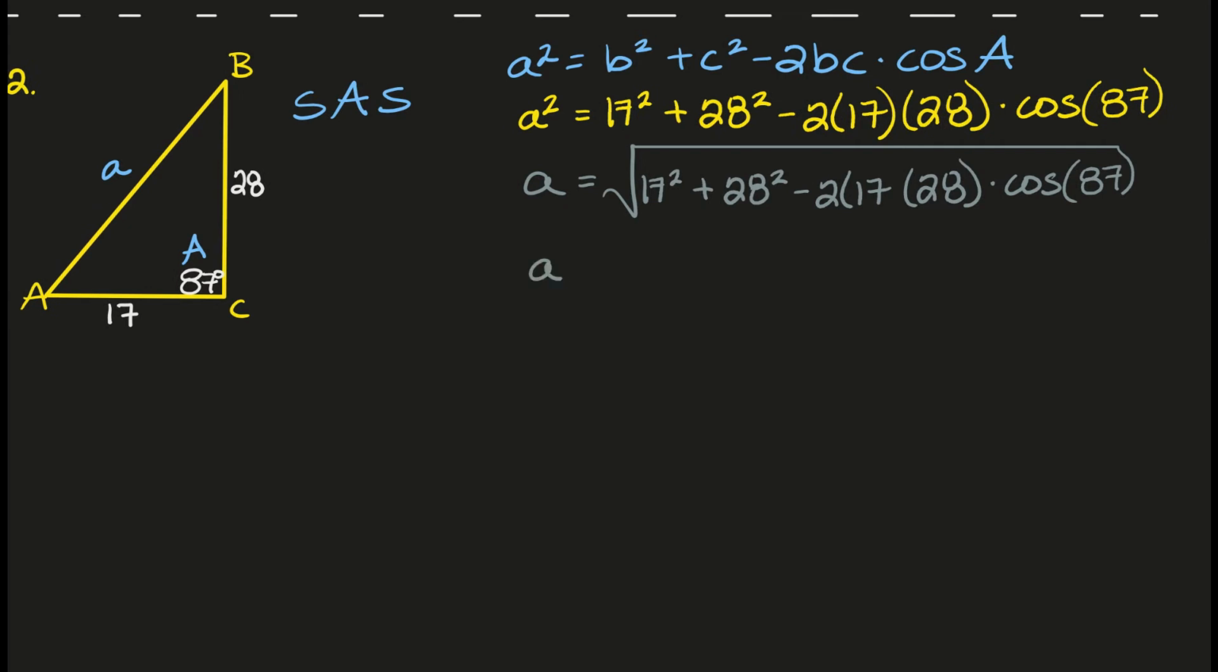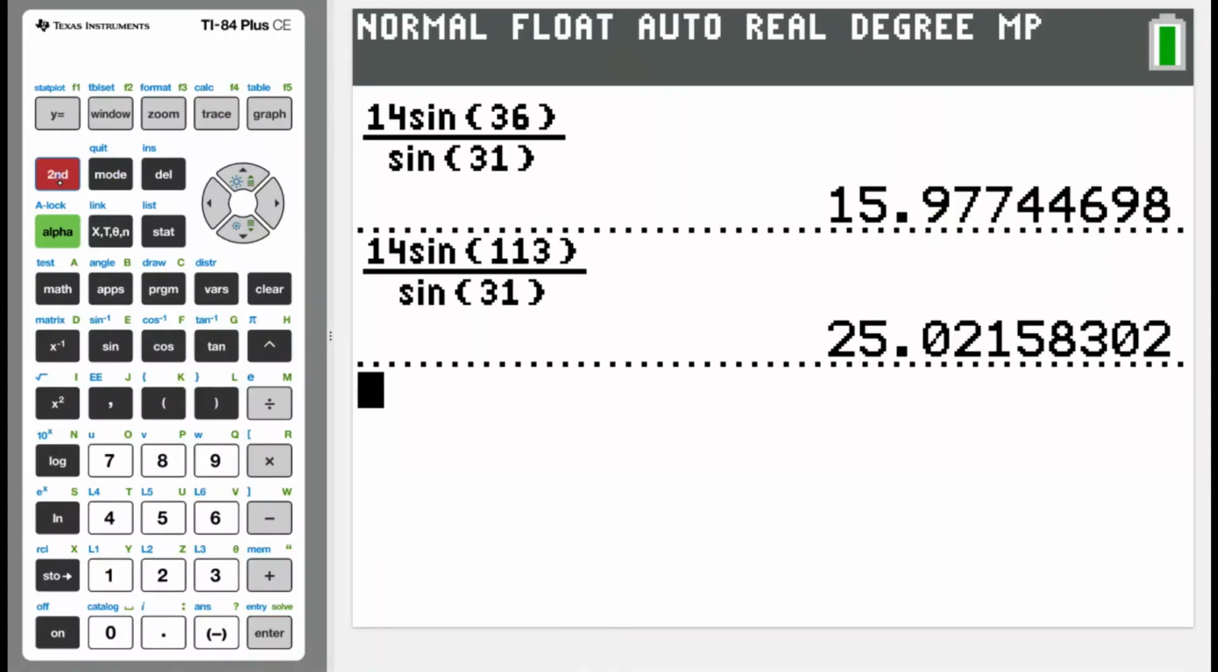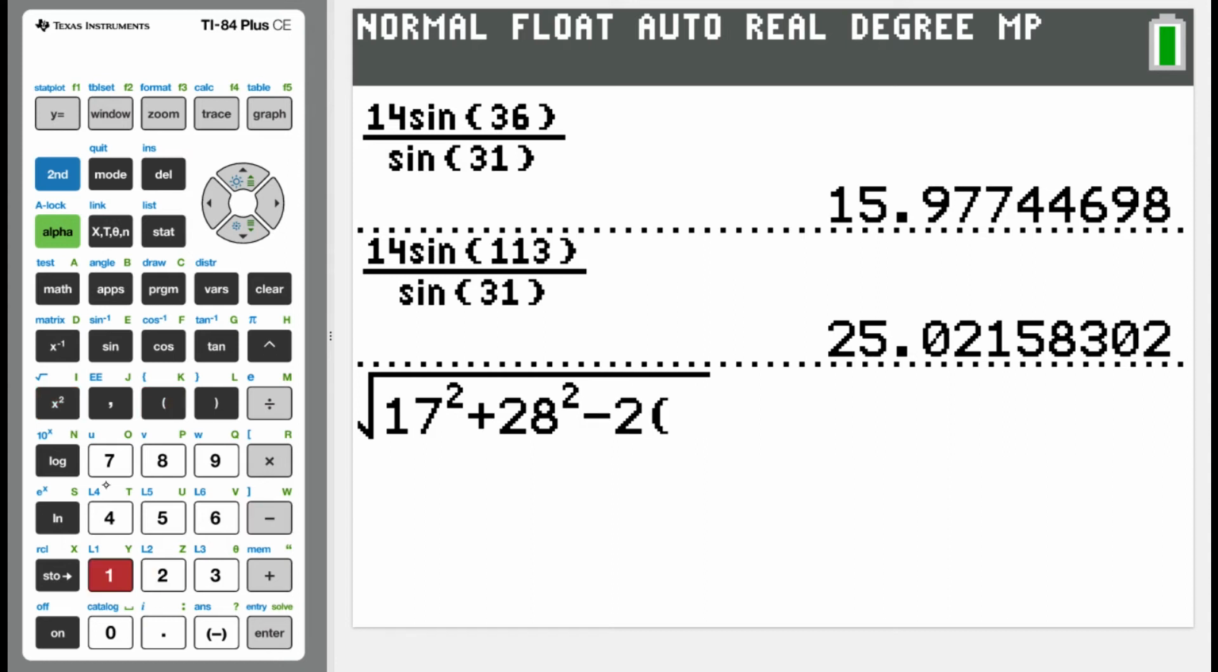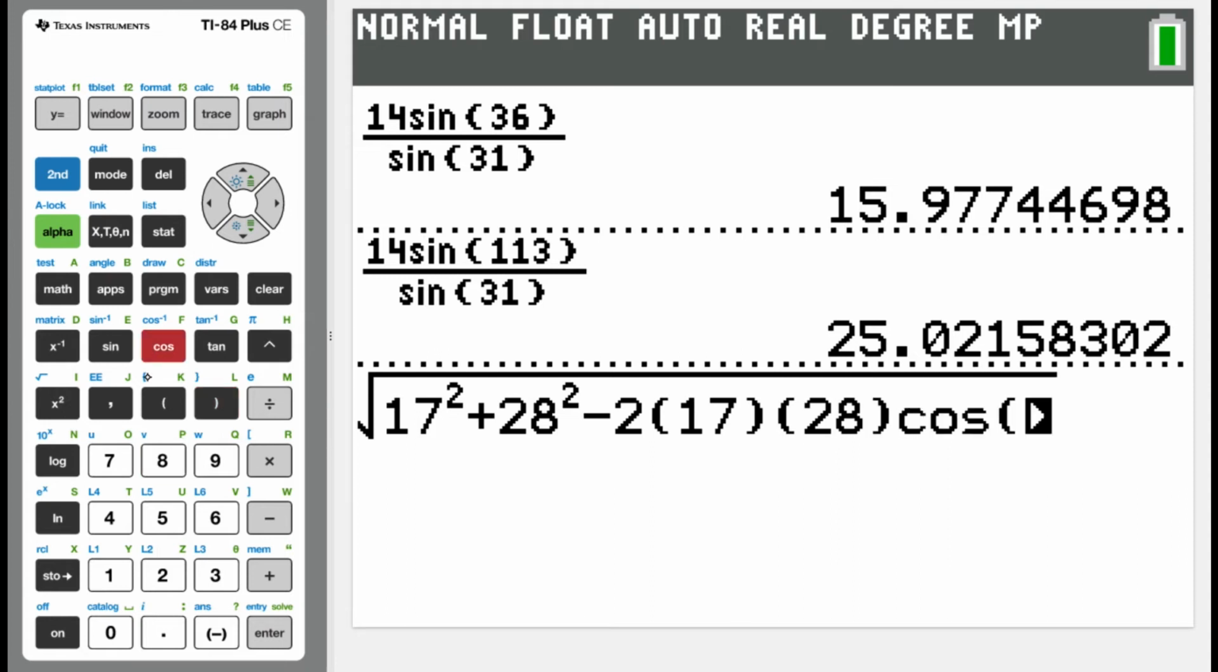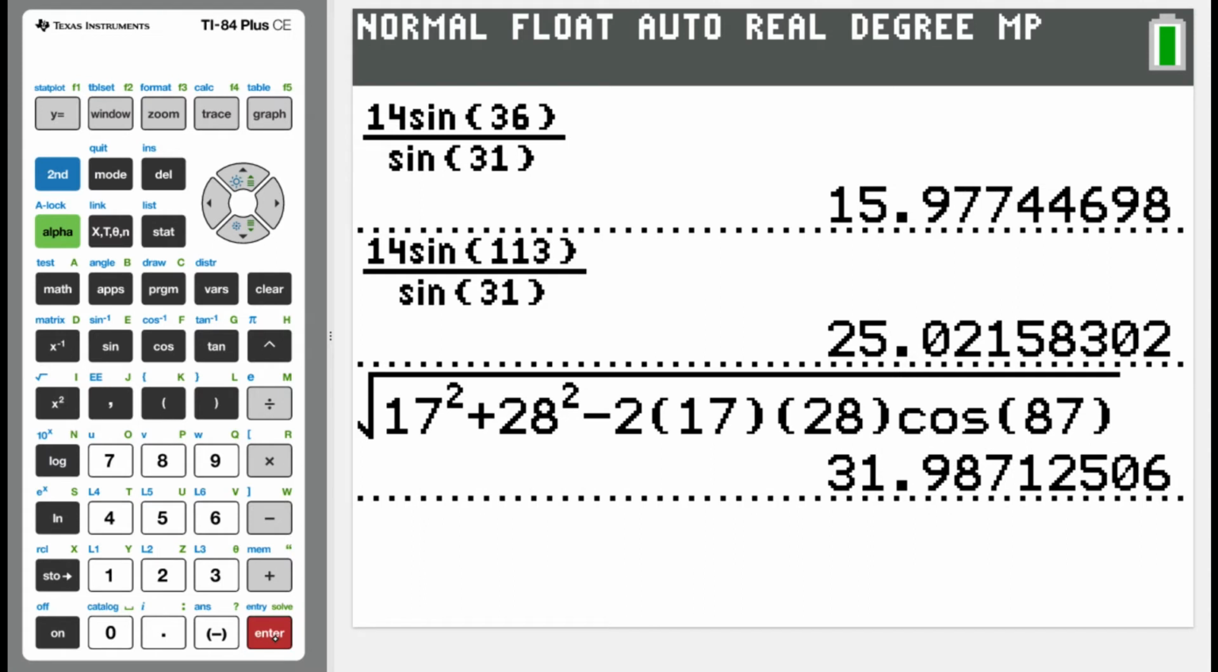So A here is going to be, since we are going to round, we're going to use an approximation here. Now, again, the calculator can do all of this. Uh-oh, it seems like I forgot a little parenthesis there. Okay? So we're going to let the calculator do all of this. So we'll go to our calculator, and we're going to say, all right, let's pull up the square root by saying second x squared, and let's type this in. We have 17 squared plus 28 squared minus 2 times 17 times 28 times the cosine of angle A, which was 87 degrees. So again, make sure you're in degree mode, otherwise you will not get the correct answer. And we're getting